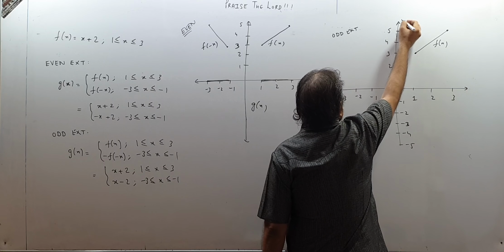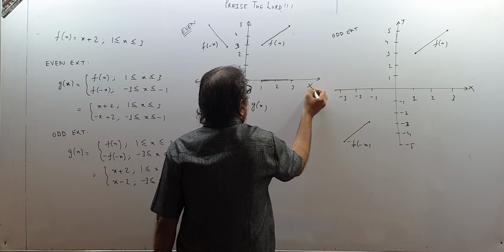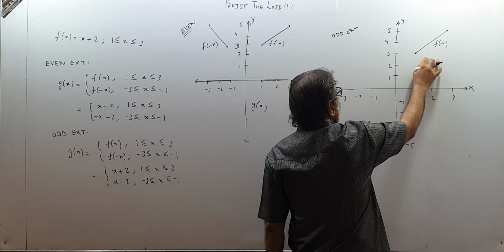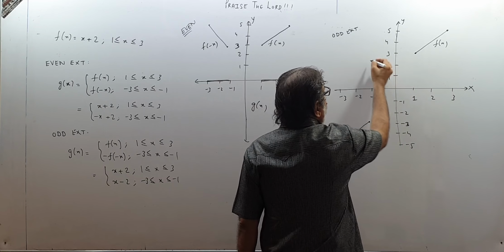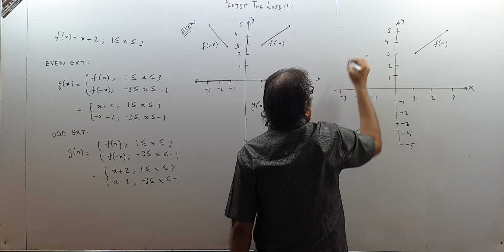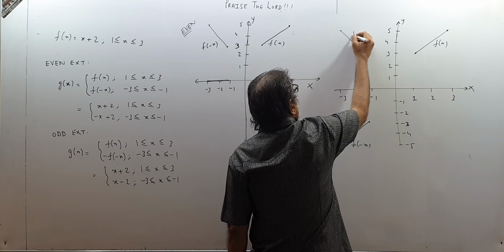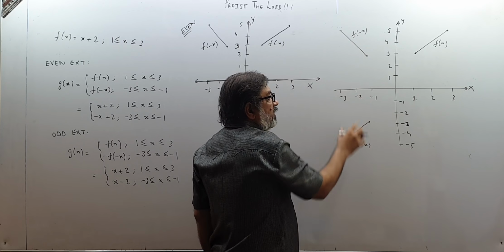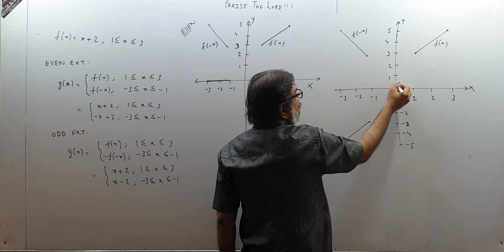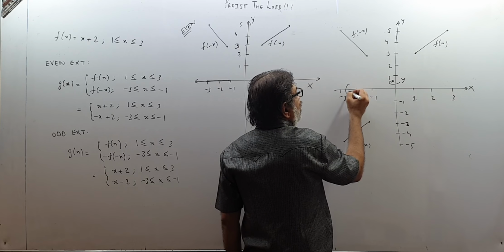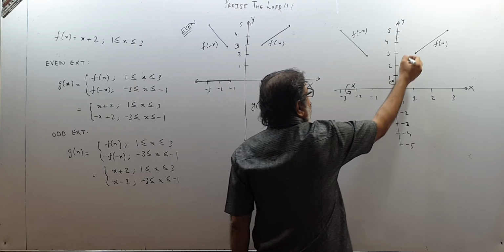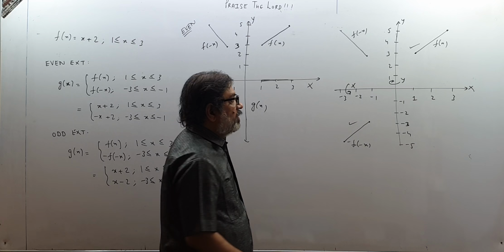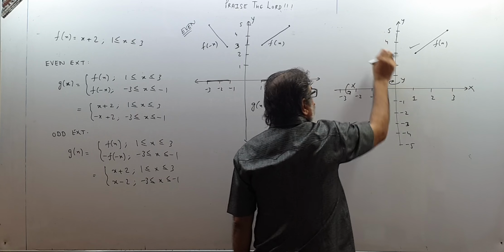And remember children, now if I want it reflection wise, so from f(x) first get f of minus x. So I take reflection about this, minus 3 and minus 5. So this is the graph of f of minus x. And from f of minus x I want minus, so I take reflection over here. See, its reflection is over here. So first reflection about the y-axis, then reflection about the x-axis. So this graph and this graph, these two make the graph of odd extension g(x). So forget about this now. This is odd extension.